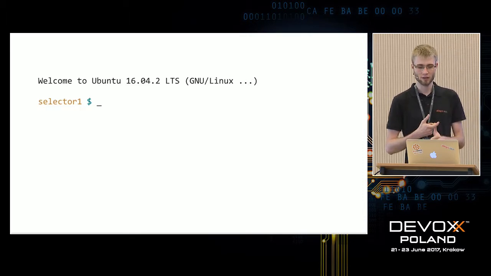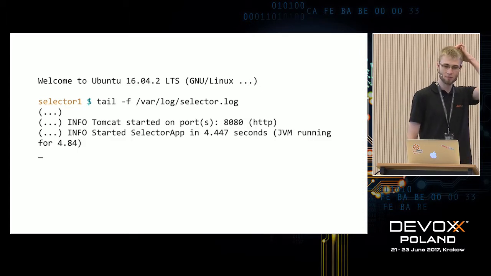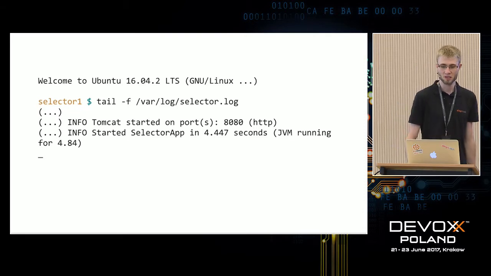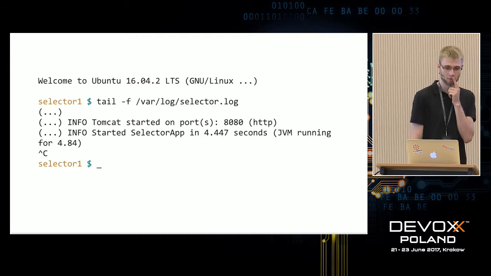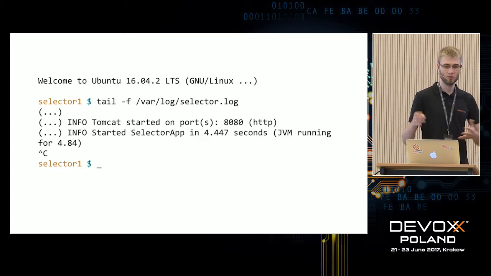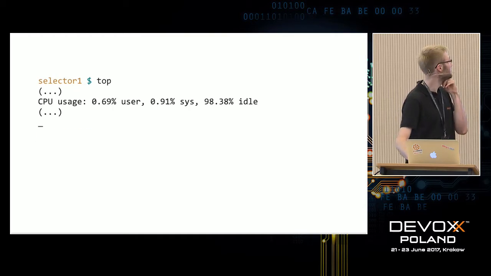Okay, check if it's running. Yeah, okay. All right, let's check the logs. Well, the logs are fine. I mean, we don't see any exceptions if that's what we wanted to see. Well, basically, it seems like it should be okay. What can you do? Perhaps there's something going on this host that prevents our application from getting the CPU, for example. So let's check. Like run top.